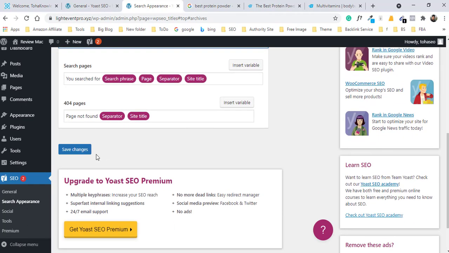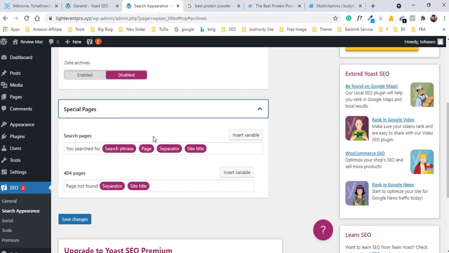Special page, no need. Special page means if someone searches on your website or others, and it's a 404 or not found page, then you create the page. So you can create your 404 page, but best practice is to design your 404 page and use this page all the time.